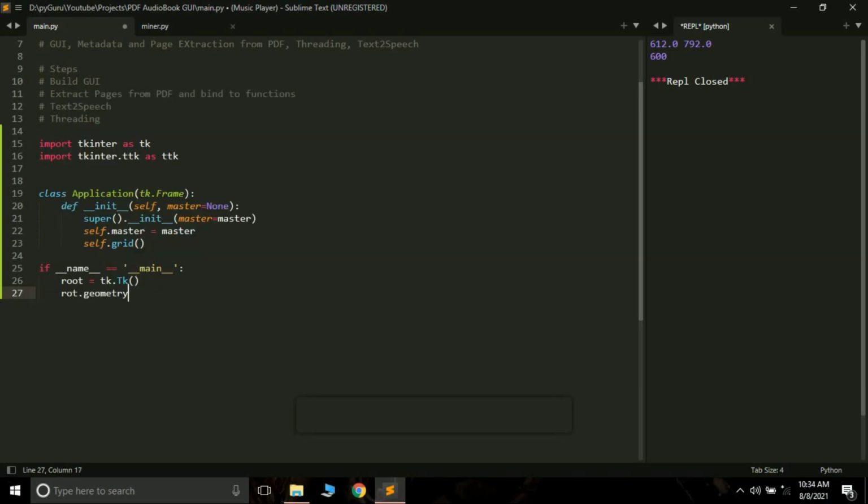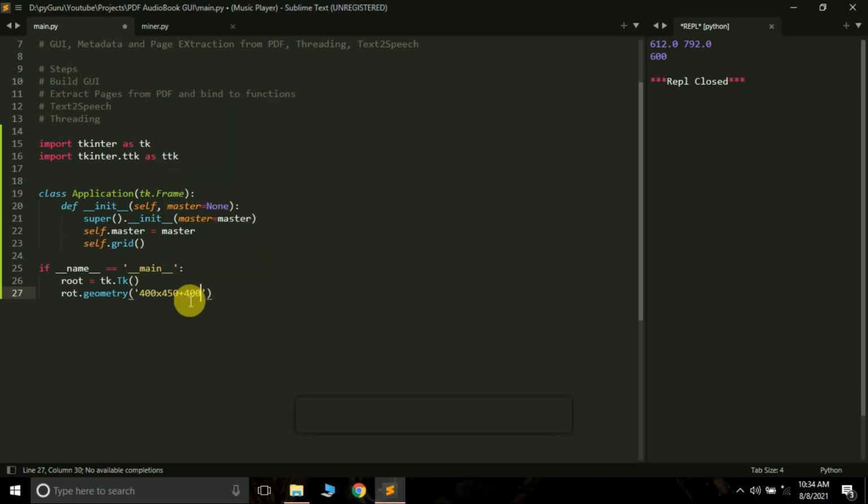Then we have to define the geometry of our root. So root.geometry, and inside it I'm going to pass the width, which is 400 pixels, then the height which is 450 pixels. Remember 400 x 450. Remember this x sign. Do not use the asterisk symbol here. The next thing I am going to pass is plus 400.